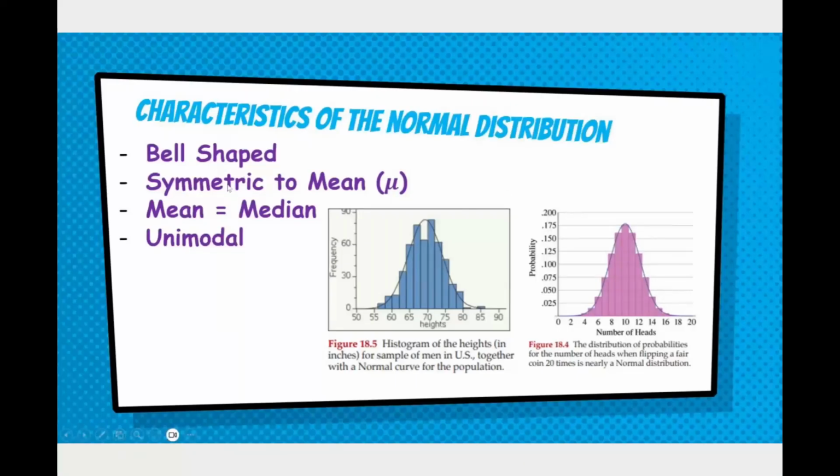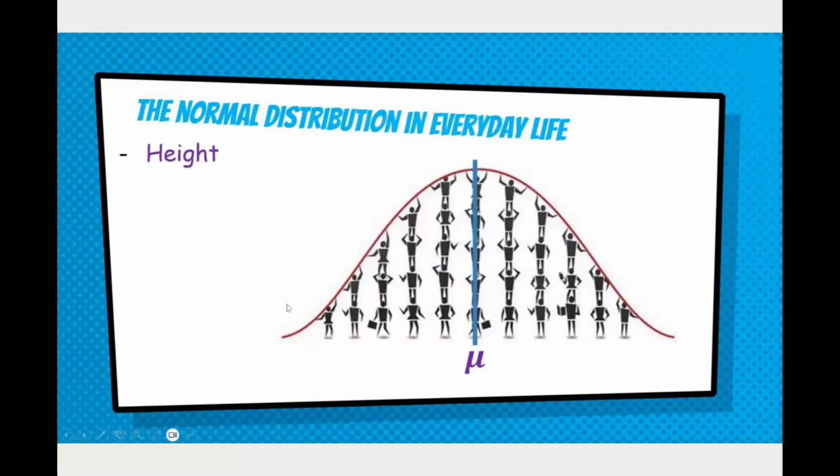So we can see that it's bell-shaped, it's symmetric so the mean equals the median, and it's unimodal, meaning it has just one peak to it. Just to talk a little bit about normal distribution in everyday life,